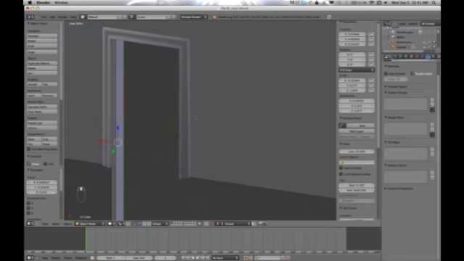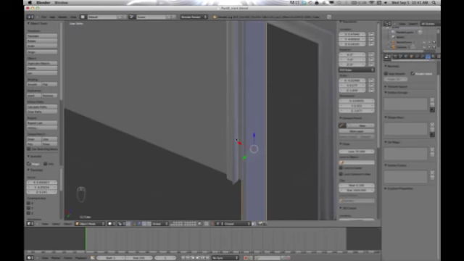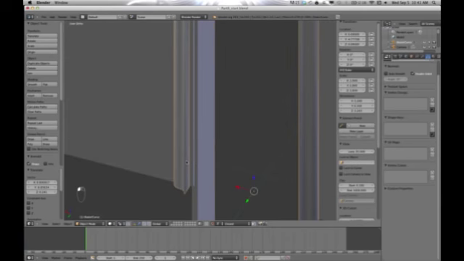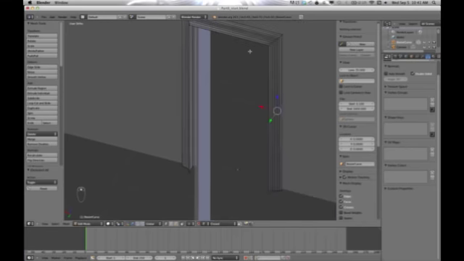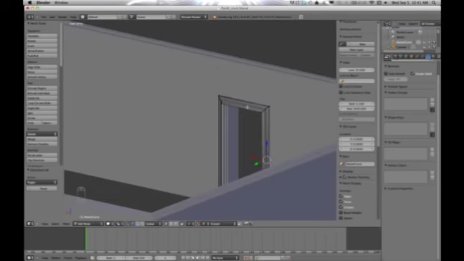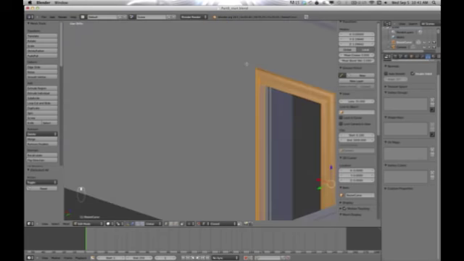It's just another option on how to do it, and you'd have to play around to see which one actually makes more sense. But we really don't get, let's see if we tab in here and select all. So this whole thing is only 40 vertices, and that's not bad. That's going to do just fine for the, whoops, yes, 40 vertices for that entire